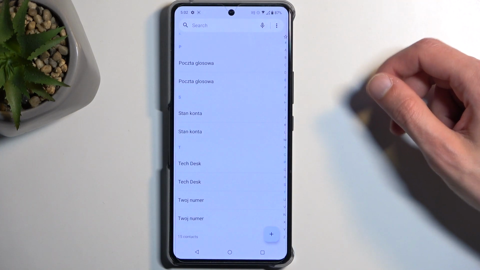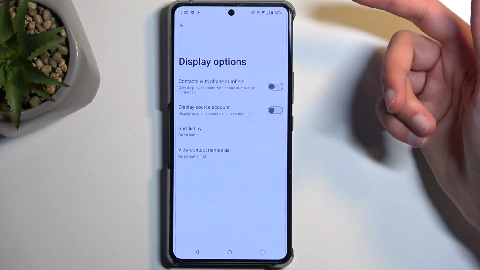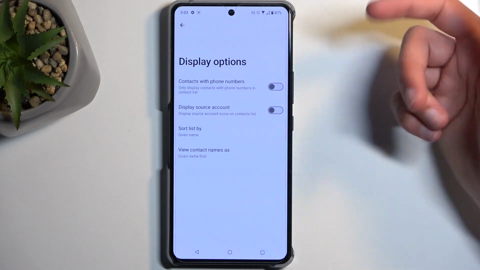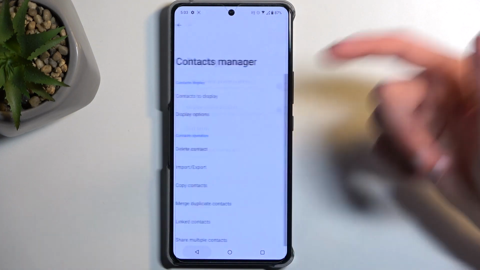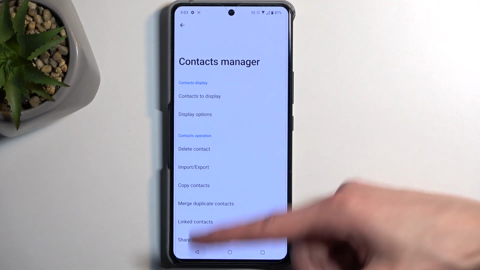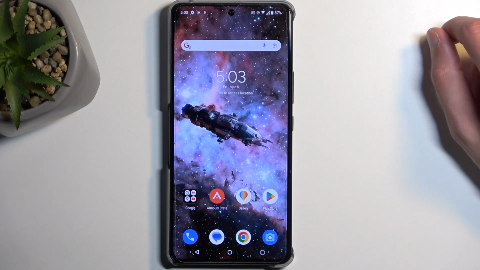And here we have no way of actually, I think, hiding these contacts. Yeah, so it only allows you to show both of them at the same time. But in any case, that is how you import your contacts,